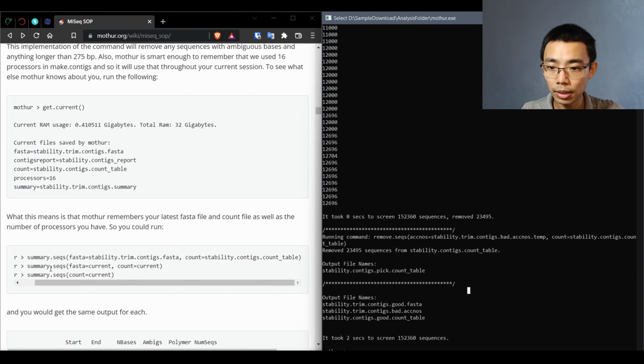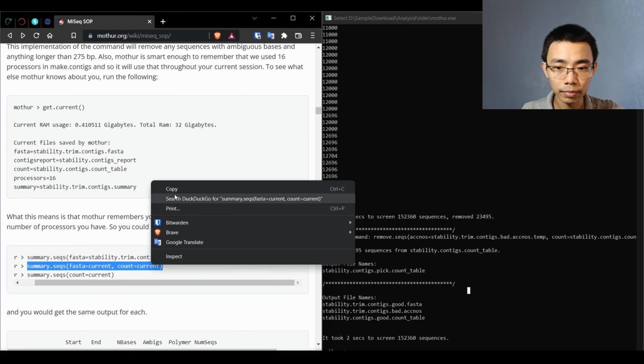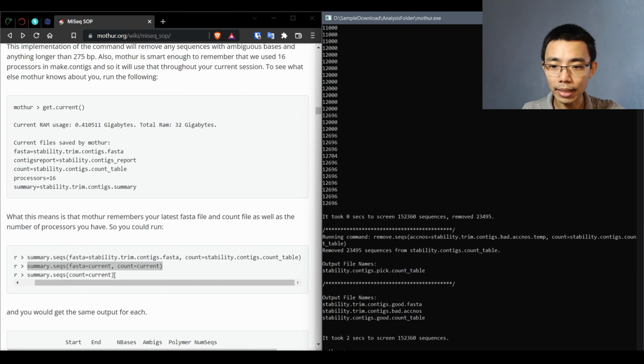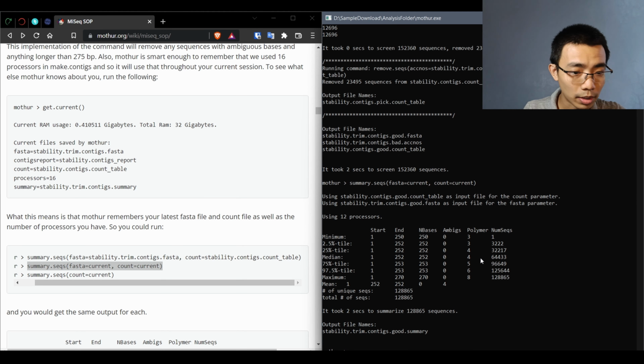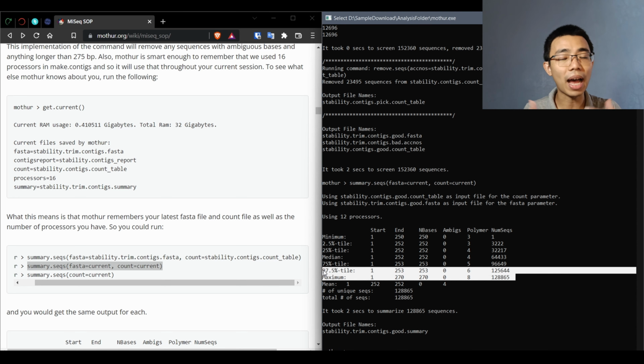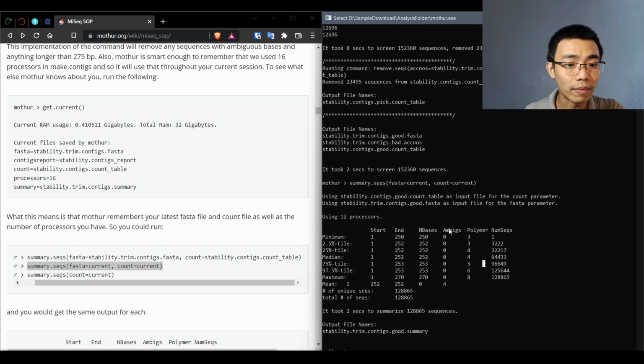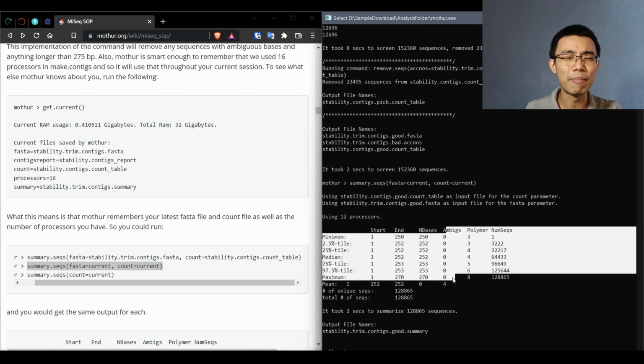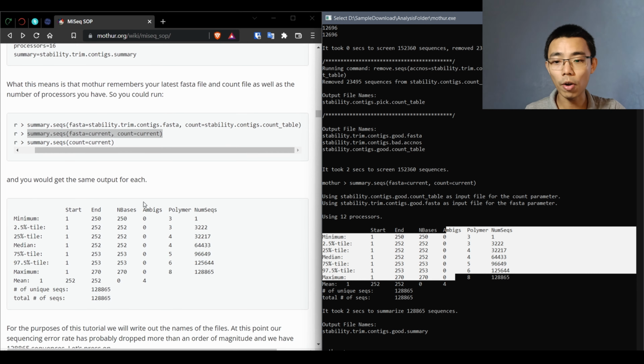Summary sequence current. Yeah, I think that's referring to a wrong file. Let's just try this here. Yep. Okay, so we can see that we no longer have the 500 base pair long contigs, so those have been removed, and we also have a lot fewer ambiguous base pairs inside our sequences. So once we are happy that we have this kind of result, it's time to move on